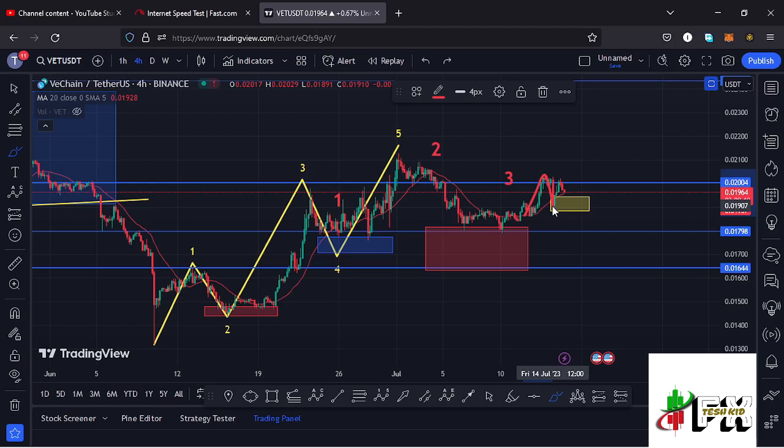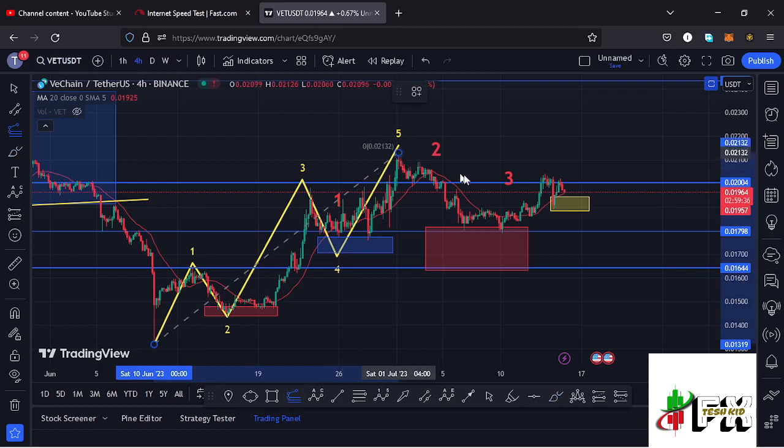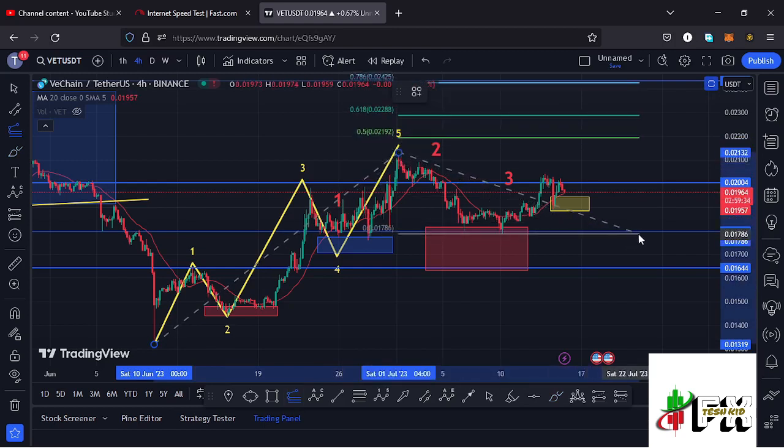And as a result of that reaction of this target area, I now have two possible scenarios that you need to have in mind. The first one is that there are chances that we have a low in place for this wave 2 to the lower side, and Vechain is now gearing up to the upper side in the formation of this wave 3, assuming that we are not going to get one more new low in the formation of this wave 2. Connecting the trend-based Fibonacci from the low of the first wave to the high of that wave 1, then dragging the fibs to the low of the second wave,